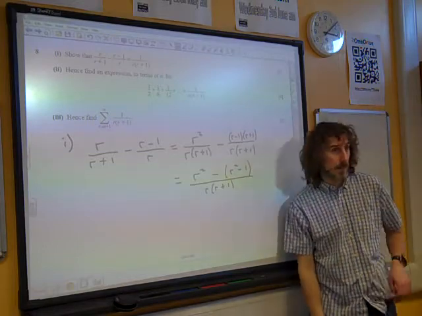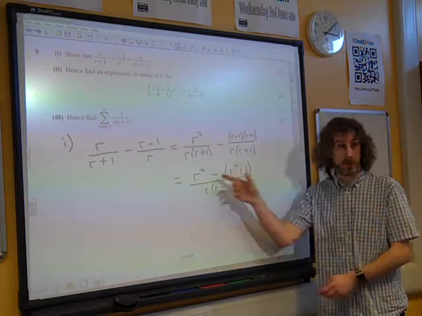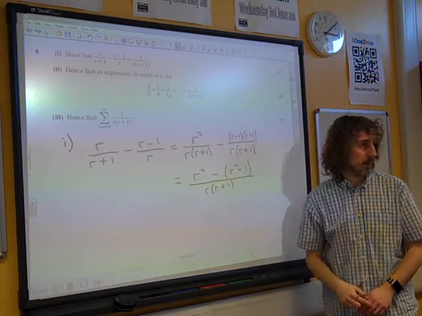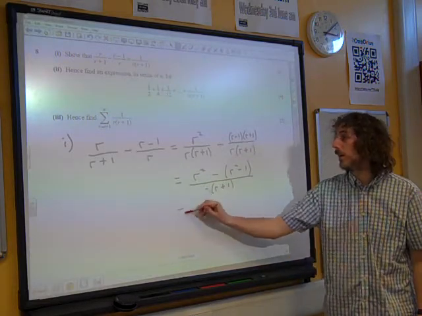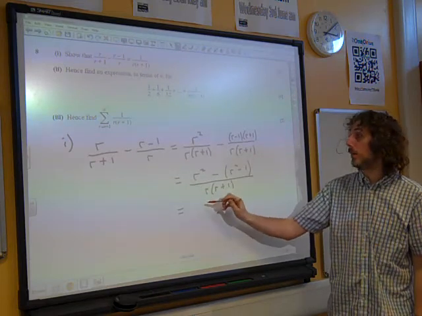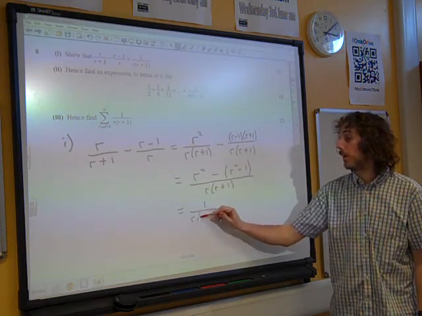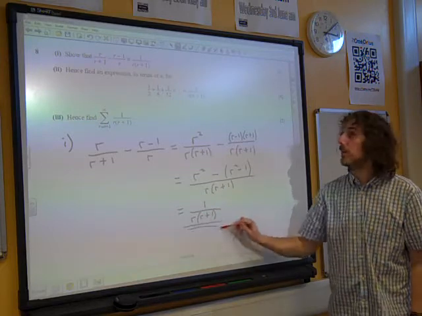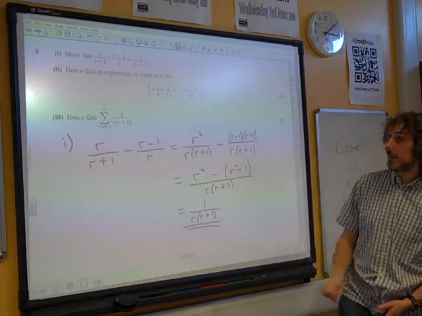I made a big thing about how easy it is to make mistakes with signs and multiplying out brackets when we talked about core 1 this morning. r squared minus r squared is 0, minus 1 gives us 1 on the top. And that's what they wanted, which is great. Hence,